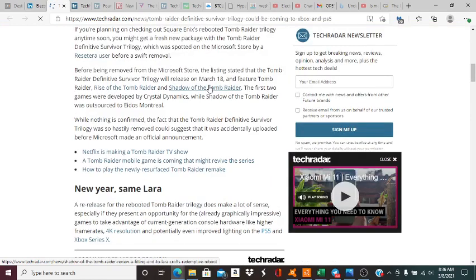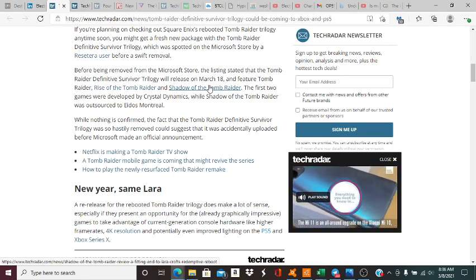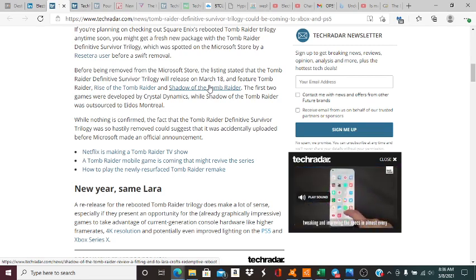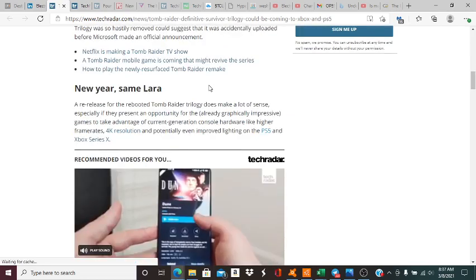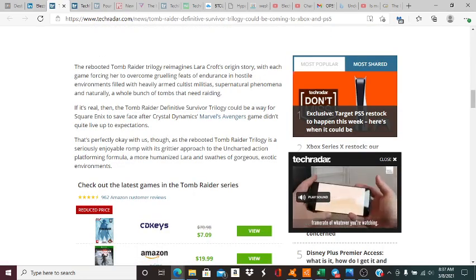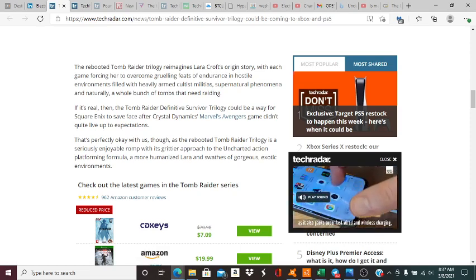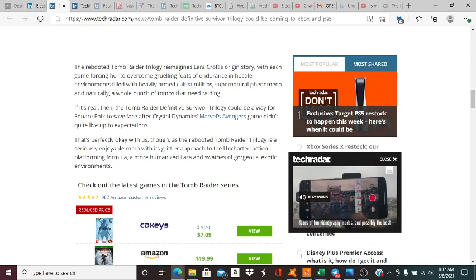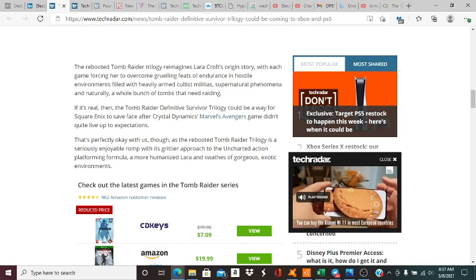So it looks like a re-release for the rebooted Tomb Raider trilogy does make a lot of sense, especially if they present an opportunity for the already graphically impressive games to take advantage of the current generation console hardware, like higher frame rates, 4K resolution, and potentially even improved lighting on the PS5 and Xbox Series X. The rebooted Tomb Raider trilogy reimagines Lara Croft's original story, with each game forcing her to overcome grueling feats of endurance in hostile environments filled with heavily armed cultist militias, supernatural phenomena, and naturally a whole bunch of tombs that